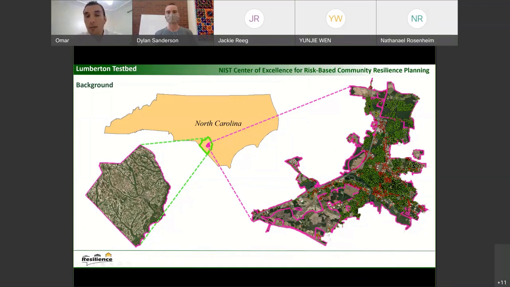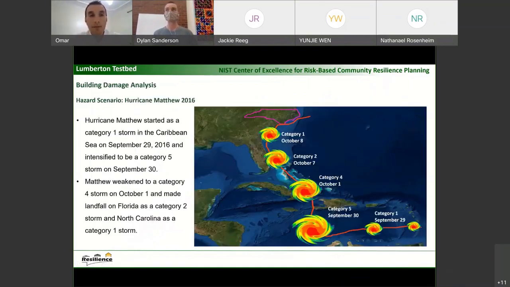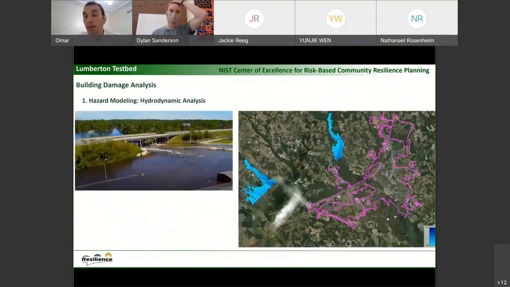So for this study, we used the flood hazard event after Hurricane Matthew in 2016. Hurricane Matthew started as a Category 1 storm in the Caribbean and intensified to a Category 5 storm, but it ended up as a Category 1 storm on October 8th on the east coast of North Carolina. Then we developed the flood hazard map for Lumberton, North Carolina, based on the